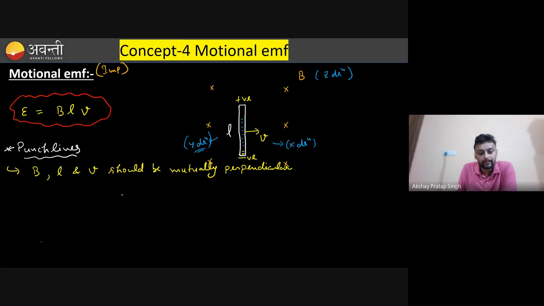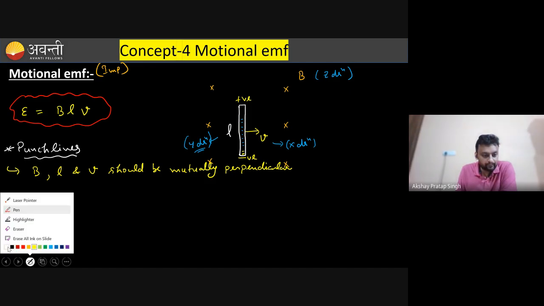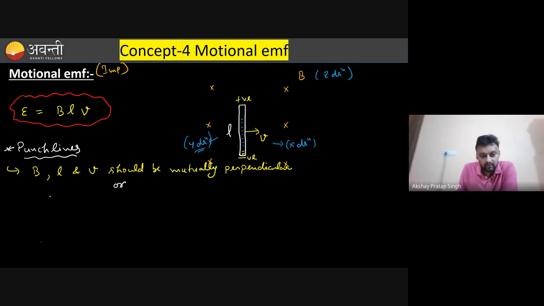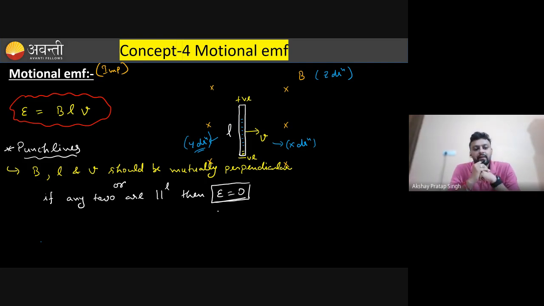If they are not perpendicular, or if any two are parallel or anti-parallel, like angle 0 or 180 degrees, then the induced EMF will be 0. Mark my words. This is a very important punchline. Is it clear? Okay. The second punchline is,